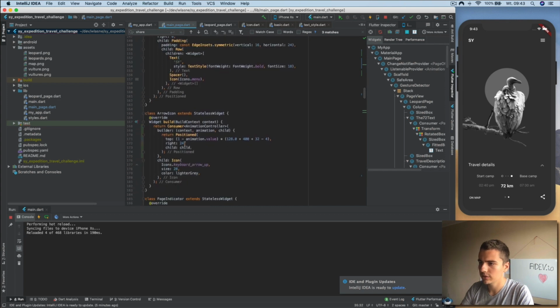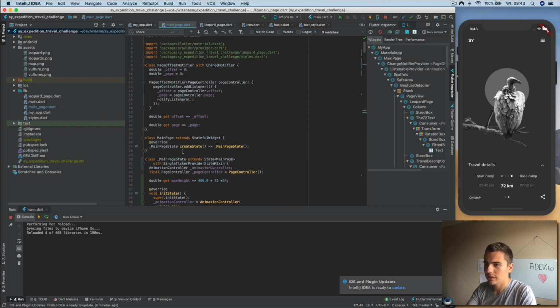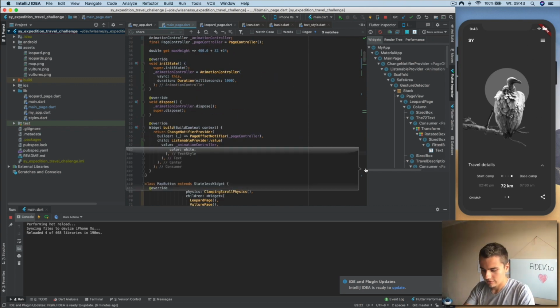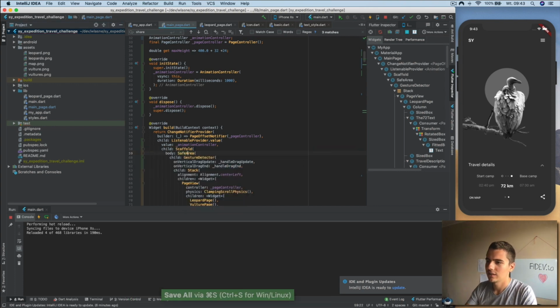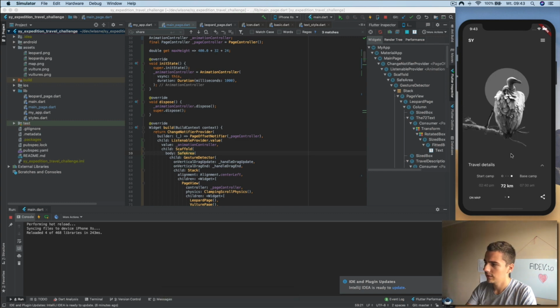if you go to arrow icon, now this is not exactly right because 128 is the padding from the top, and I believe it should always be there. So it's something like this. The animation only takes this part into consideration, not the top part. And what we can also change is swap again with the child, so the gesture detector is in the area. Okay, let's work. Now if we do this,